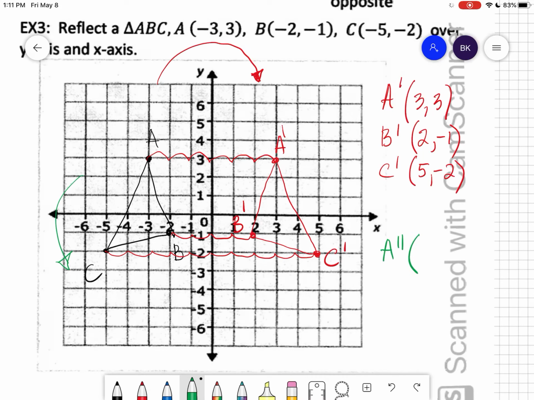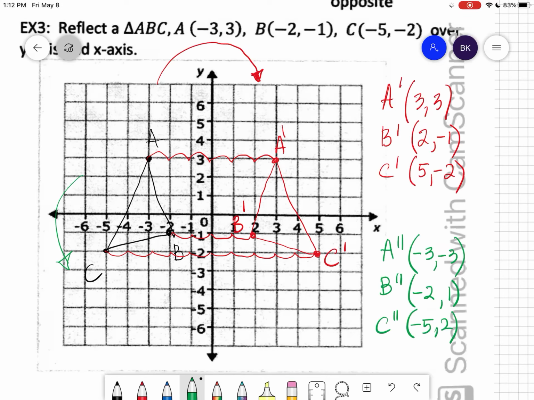And then over the x-axis, x stays the same, right? Y changes to the opposite. So -3, -3. B prime prime, x stays the same, y changes to the opposite. And then C prime prime, x stays the same, so that was -5,